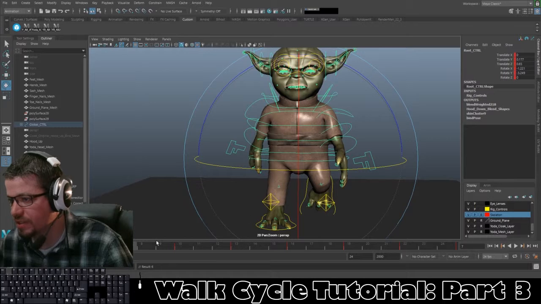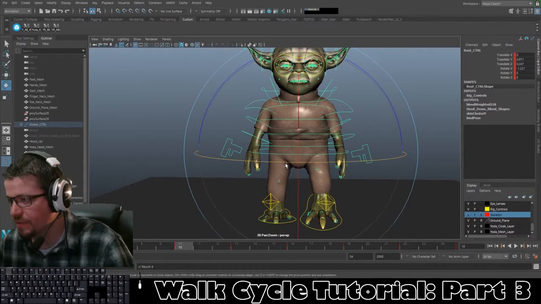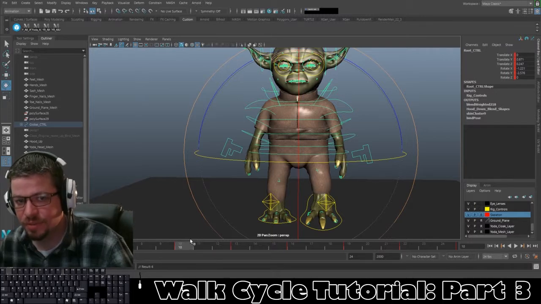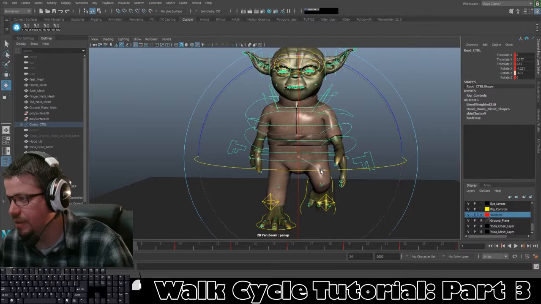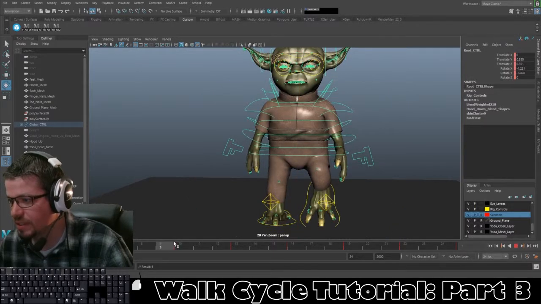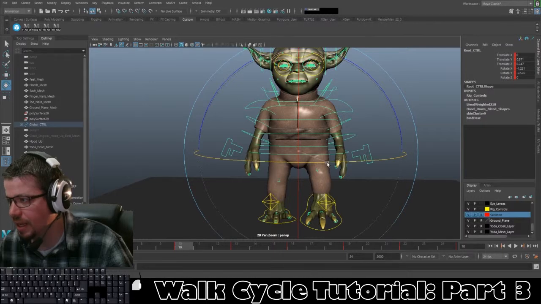And I'm going to do this very subtly because each frame he's going to be really shifting. So maybe here I go a little bit more because he's starting that twist, something like so,